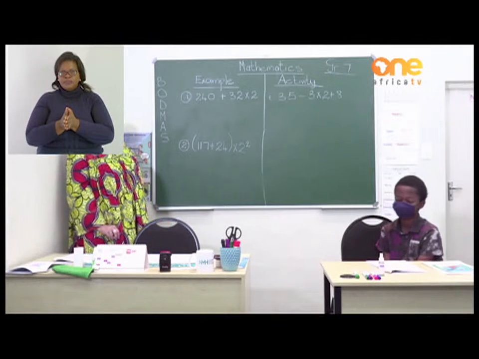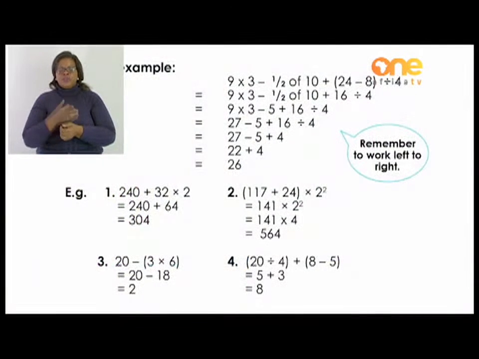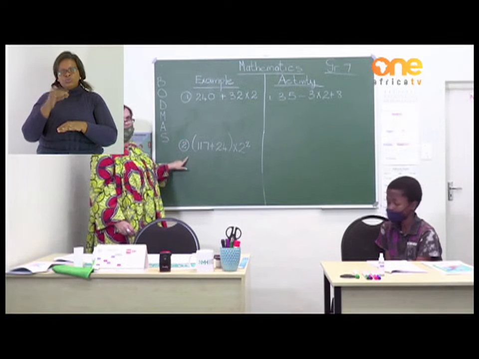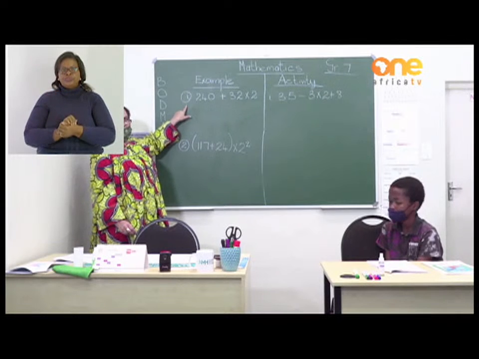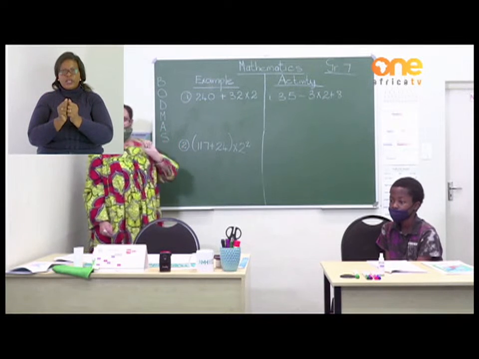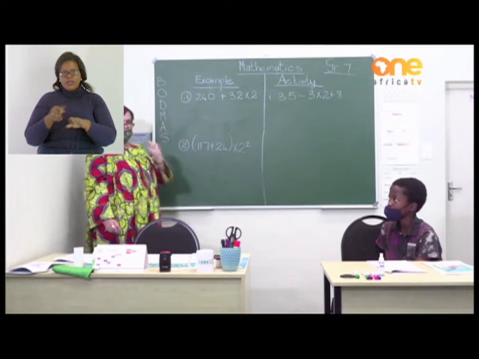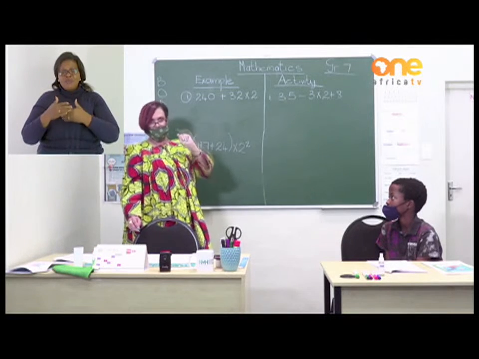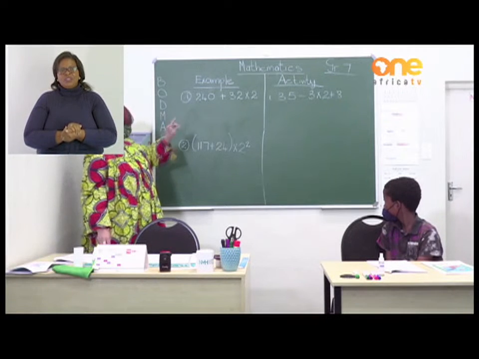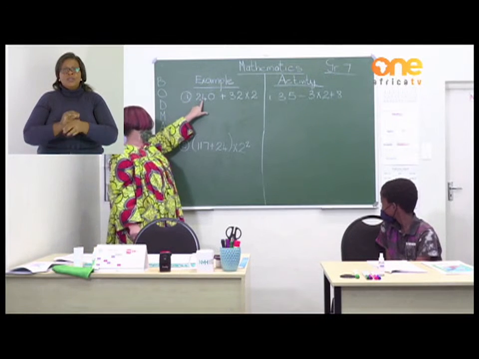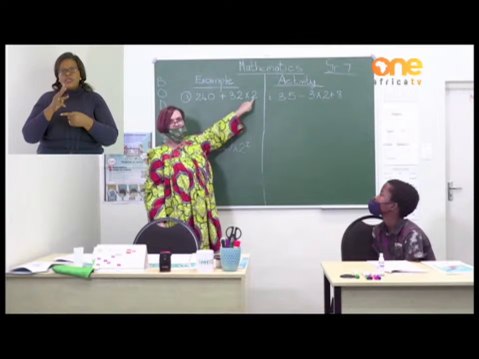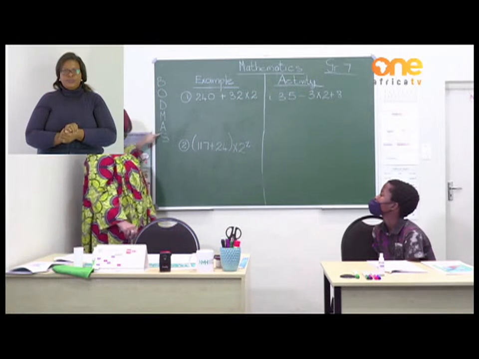On page 14, you will find a few examples. I have written 2 of the examples on the board. We will go through these 2 examples, and you have to go with me. Try and get the answer before I write the answer, so you can find that as quick as possible. In my example, we have 240 plus 32 times 2. According to BODMAS,